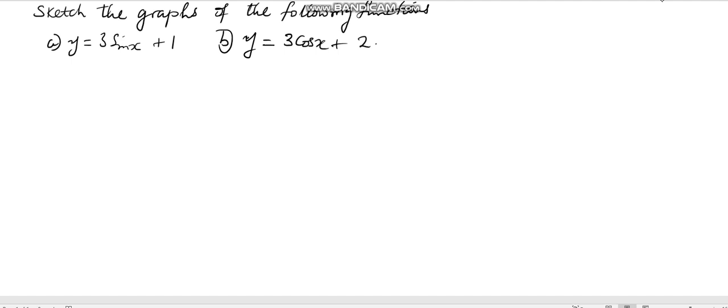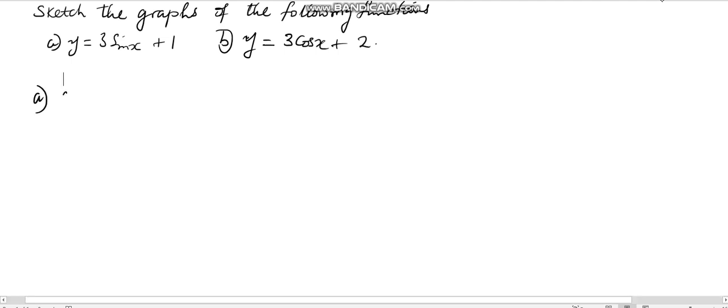Okay, so we have to sketch these graphs that we've been given here. So let's start with the first one here. We're looking at the graph of a sine function, or of a sine wave. So now here for a there,